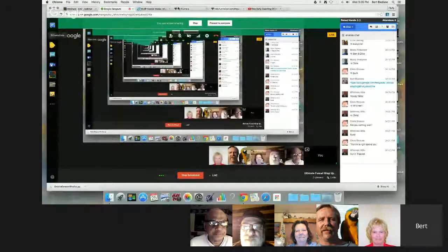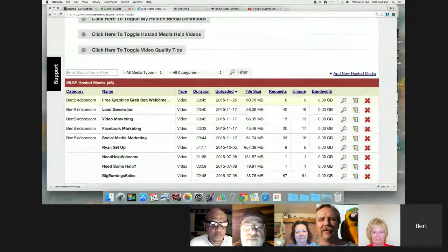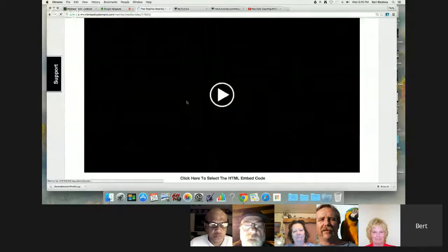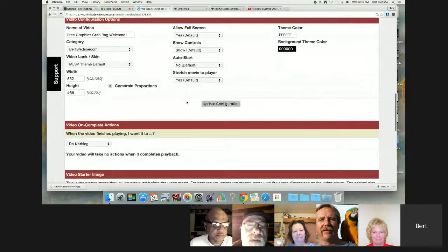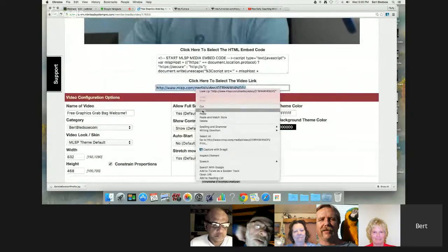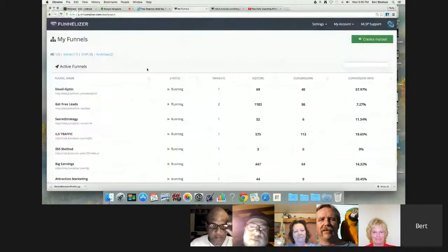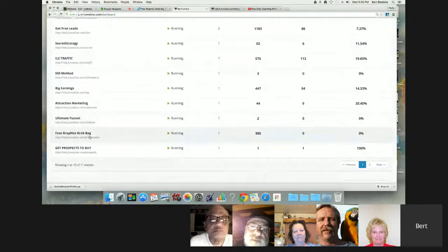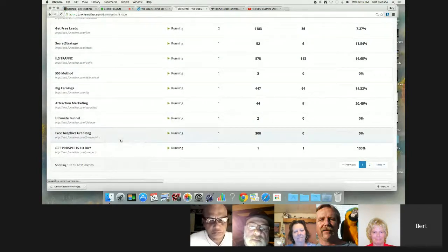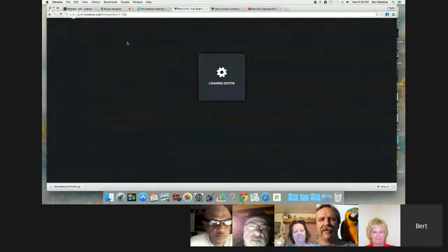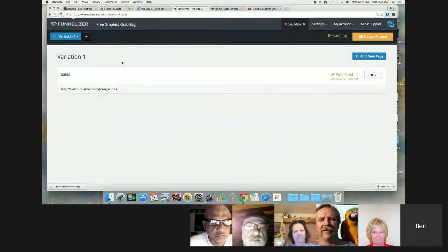Okay, let me just do this last screen share so I can show you guys how easy it would be. So screen share. I'm going to come back over here. You can see MLSP. I got this free graphics grab bag. I'm going to come over to the paper and pencil icon. It pops up here, and I'm going to grab the direct link. I'm going to copy it. Now I'm going to come over to my funnel, and I want you to recognize that in this free graphic grab bag funnel right now, we can actually see that there's a different